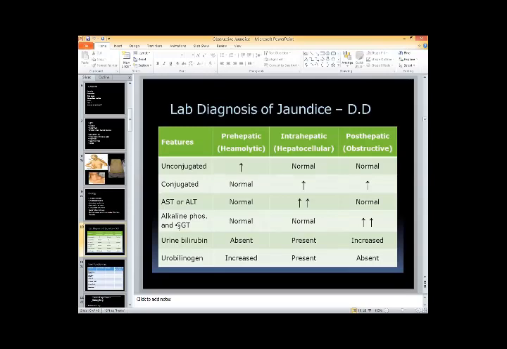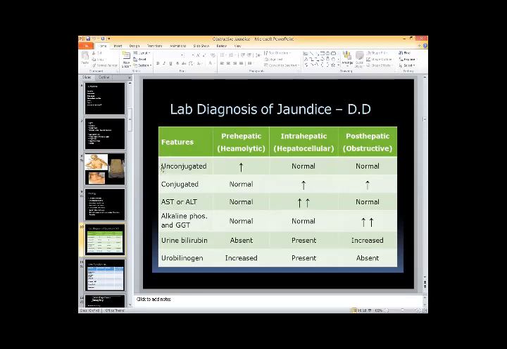This is another important slide of diagnosis of the jaundice. I've shown you the reports of the liver function test. When you do liver function test, you check certain things. What things do you check? You check bilirubin level in the blood. For liver function test, you need 3 ml of blood, actually plasma, and you withdraw 3 ml of the blood and you check for bilirubin concentration, number one.